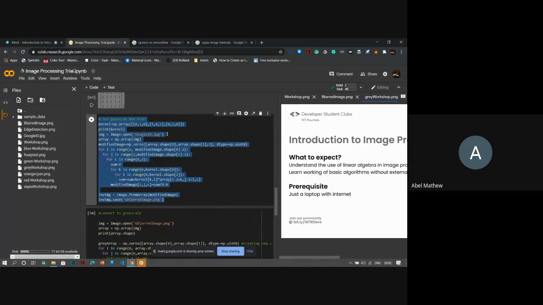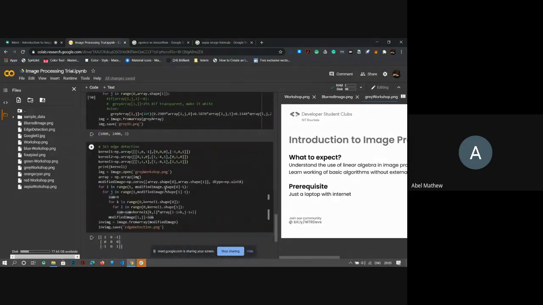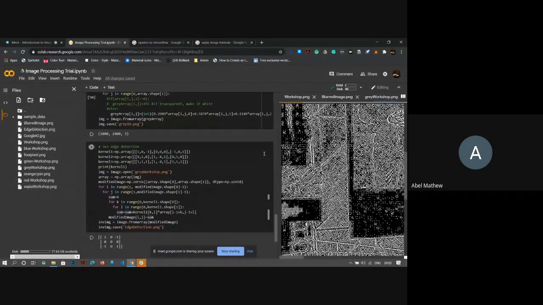They get averaged out and the edges vanish. So before we do edge detection, we do blur, and once the blur is done, we do edge detection. This helps us to remove the small edges that we have, and we get only the prominent edges. So let me see if we have something better.